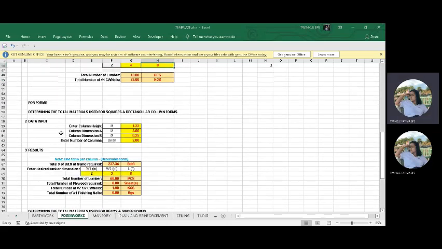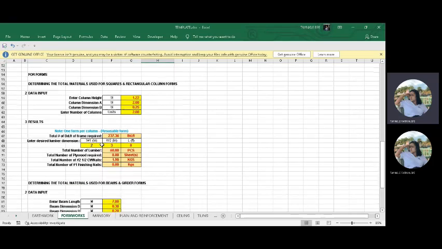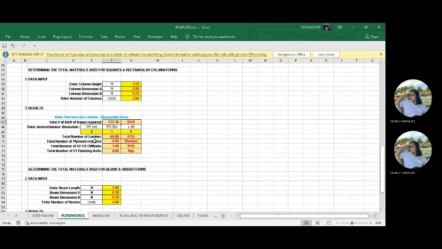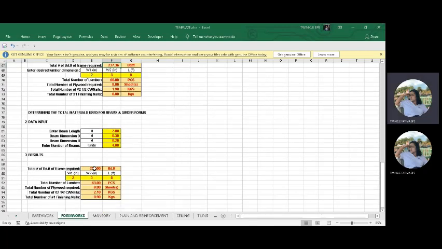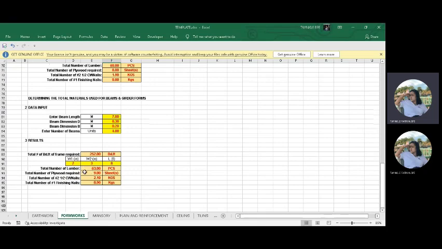So for our forms, we input the column height, dimension of A, dimension of B in meters, and enter the number of columns, and get the result of the total number we have